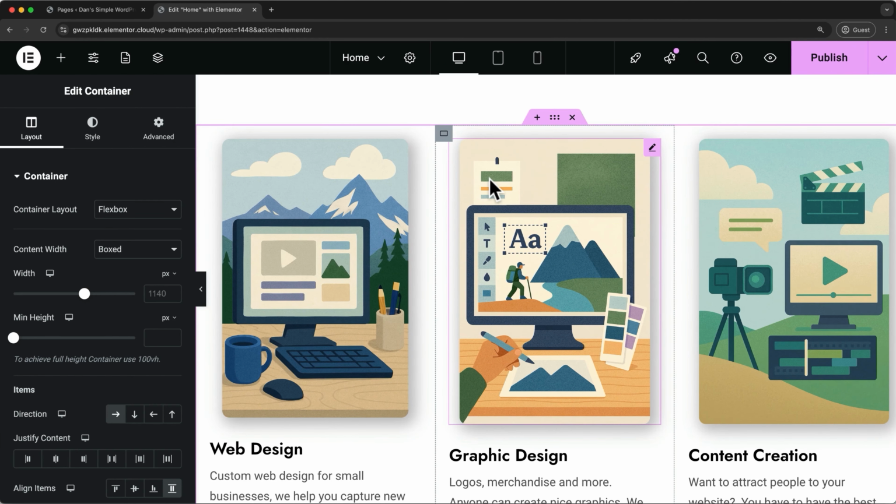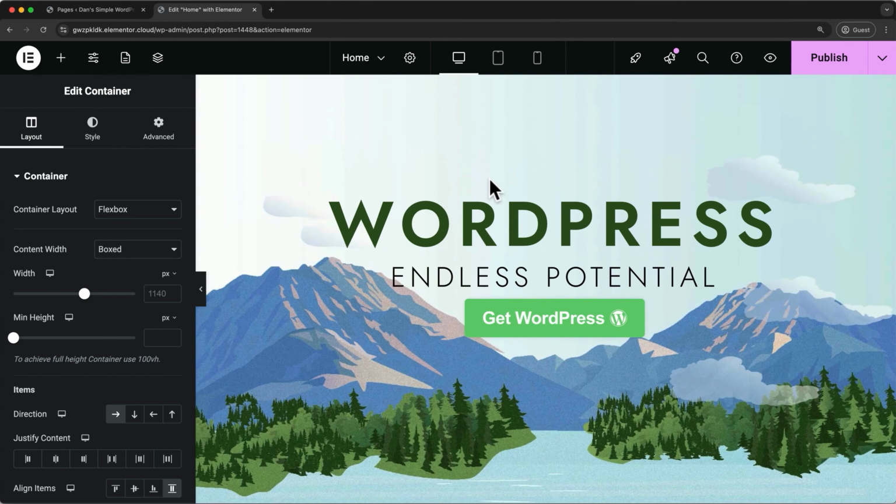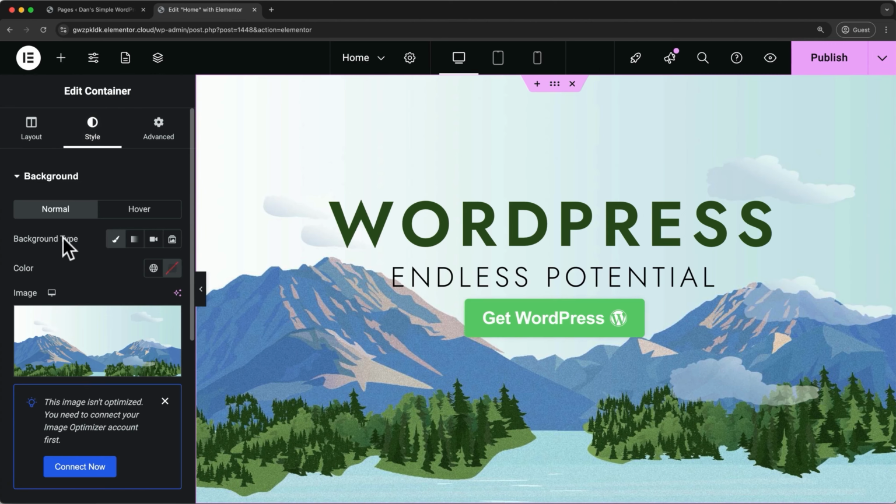We also have control over how the container backgrounds work. So I've scrolled up to the top of the page. Let's select this container by clicking on the container handle. And under the Style tab, the background type is set to classic. So we could make this just a simple color, but let's change the image by clicking on the image and